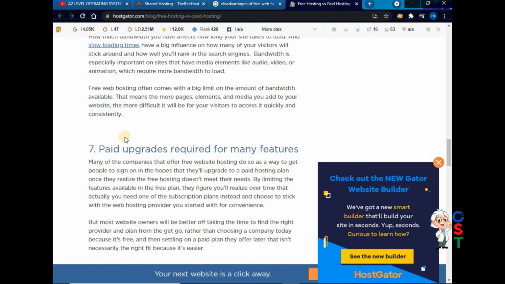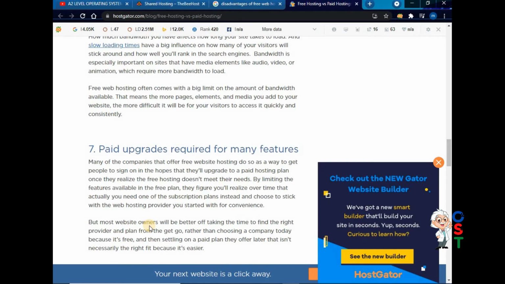There are so many different features. For example, if you are making your website on WordPress and you are using a free web hosting option, then quite possibly a number of commands which are normally available in WordPress will not be provided to you, and you will have to pay for that.